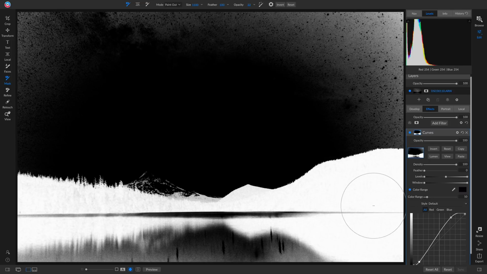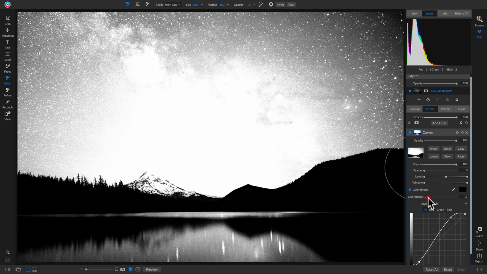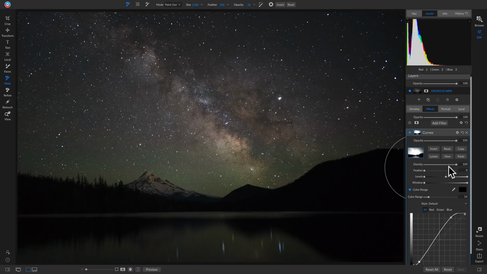So now that we have the white area targeted, let's head up and we'll invert this mask so that it's being applied there. And now we can even modify it a little bit more, probably about there. So now if we view this and we turn this off and on,